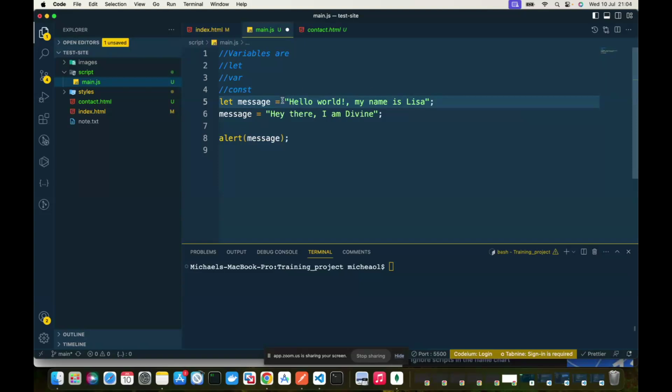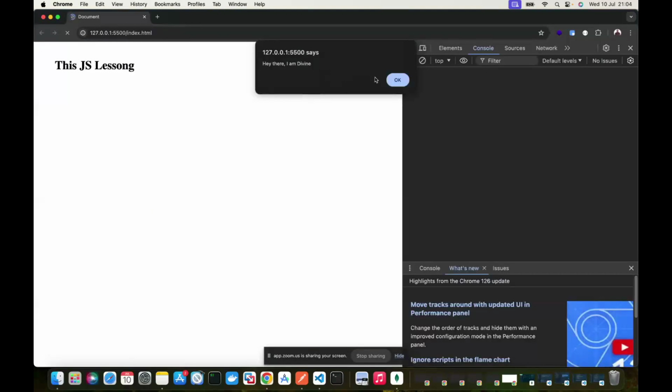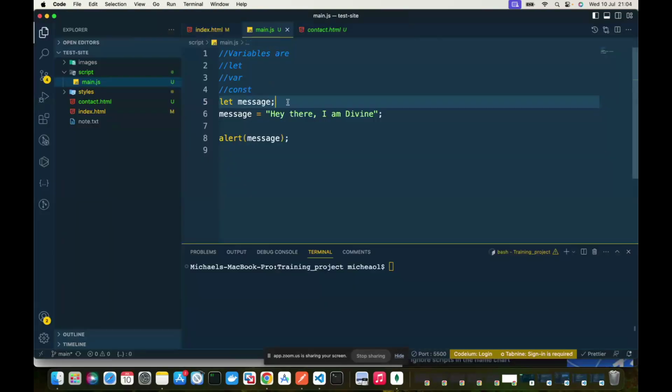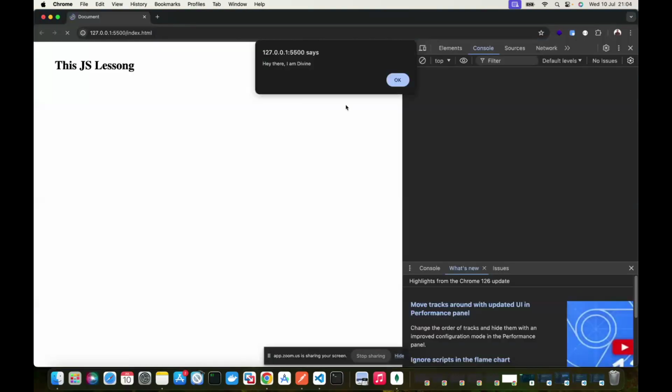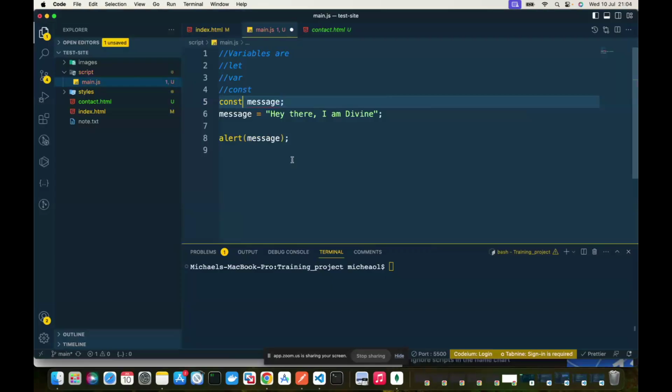And also you could do something like this for let. If I say let, like this, now you see that the name is showing. I didn't set any value here. The moment it sees this, it knows that I want to put a value in this let, right? But if I do const like that, let me kill this one first. Const. The moment I do that, can you read this error for me?